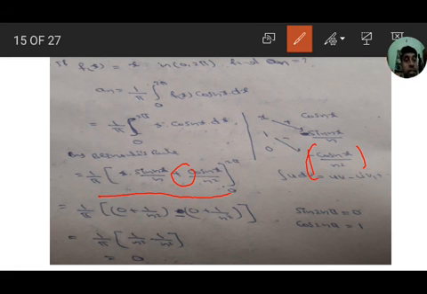So substitute the limits: 1 by pi, if you substitute 2 pi, sin 2n pi value is 0. So 2 pi into 0 we get 0 only. Cos 2n pi value is 1, so cos 2n pi by n square is 1 by n square. Minus, substitute 0 into sin 0, that is 0 only. Cos 0, with nx equal 0, cos 0 value is 1, so 1 by n square. So 1 by pi into 1 by n square minus 1 by n square, that is 0. 1 by pi into 0 value is 0.